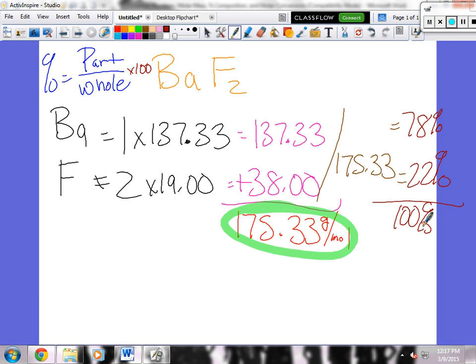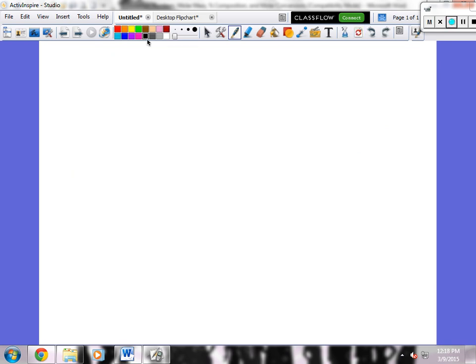Do you agree that these are too easy to mess up? Way too easy to mess up. I'm going to do one more just to make sure we're all on the same page, and I'm going to go back up to number 1. And it's, correct me if I'm wrong, Fe(NO3)3, correct? All right. Now, here's the reason I want to do this one. Because whenever you have parentheses and oxidation numbers and percent by mass or percent composition, what do you have to do? Very good. You have to